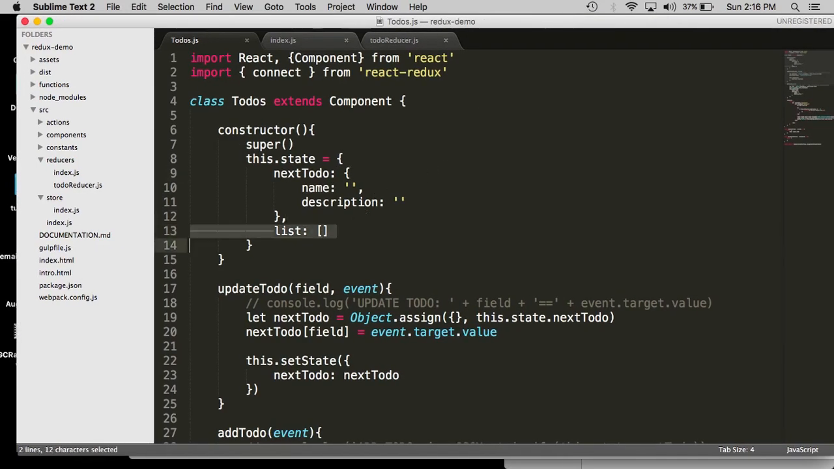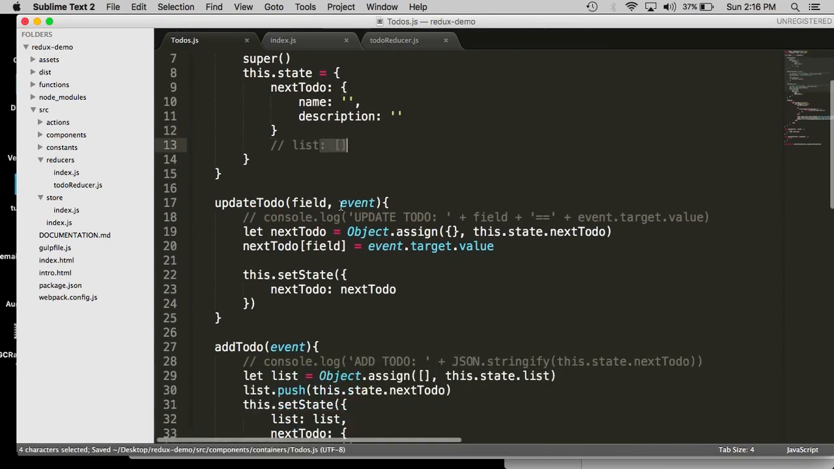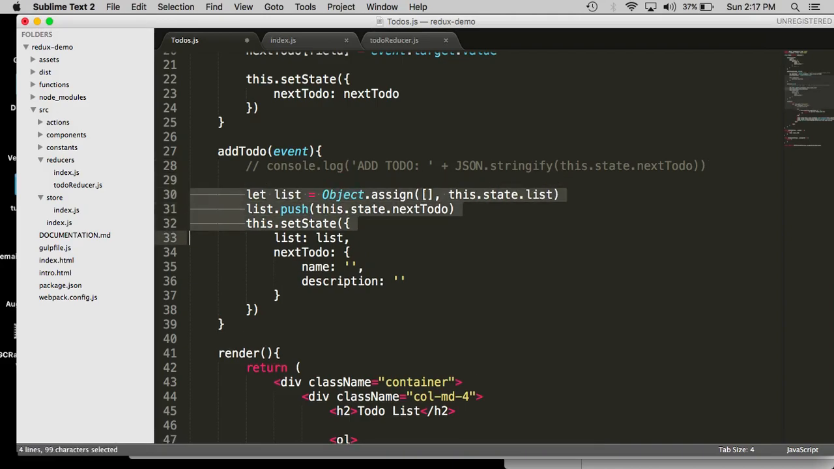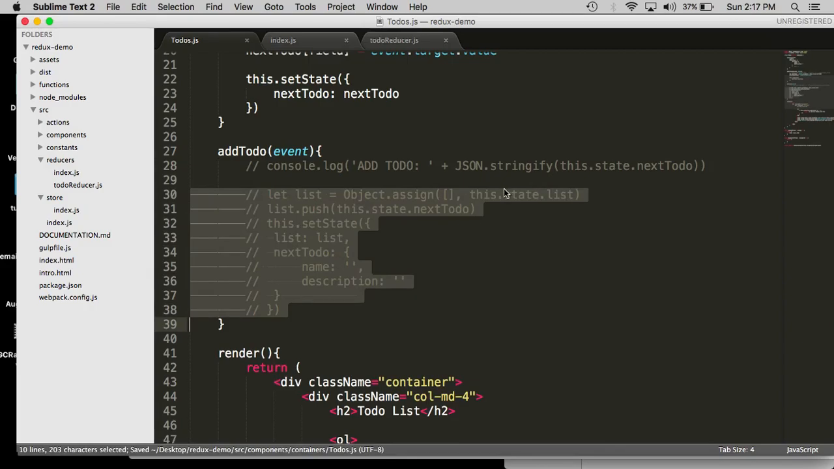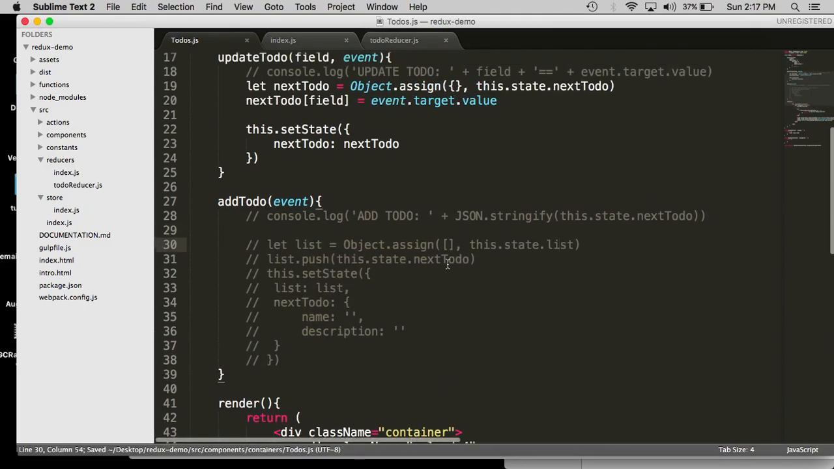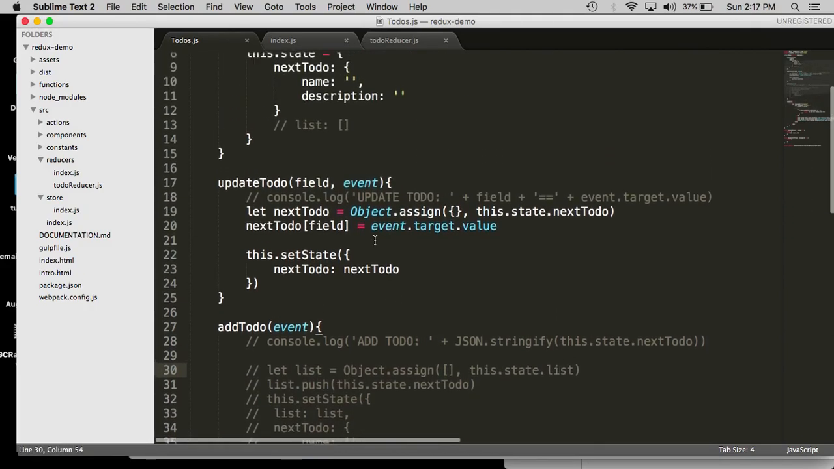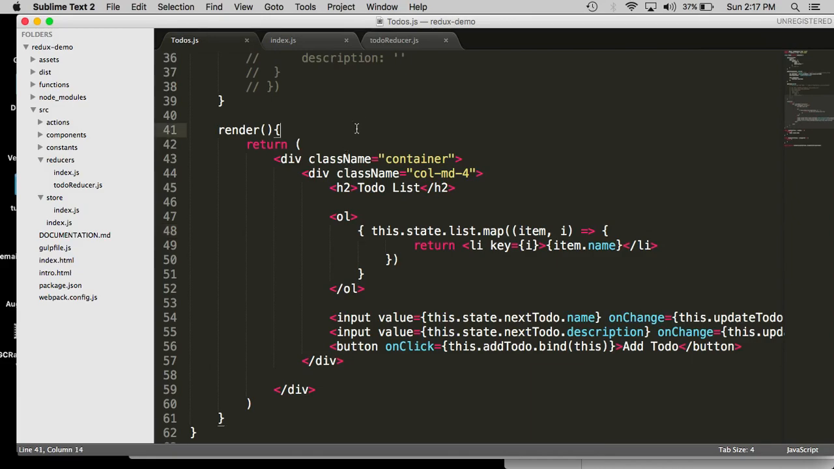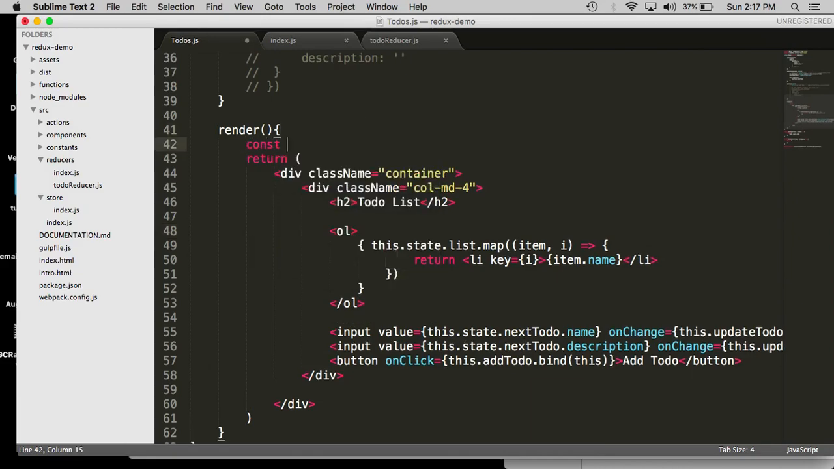So we want to get rid of this entirely, right? That should be gone altogether, right? But now keep in mind, everywhere we had a list reference, that's going to crash. So we definitely want to comment out this right here, because this state list doesn't exist anymore. So we definitely want to take care of that, which means right here, that's not going to work either, this state list. So what we want to do is grab the to-dos